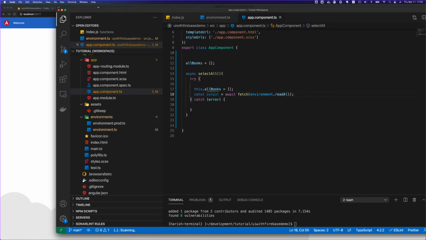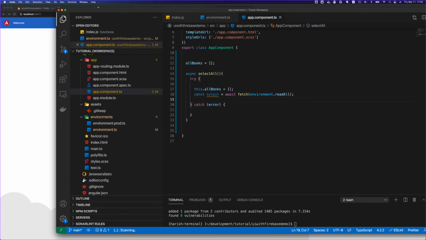With this, I will be able to read all the documents available in our Firestore collection. And why did I use await? Because I want to wait for that fetch to finish, so that I have an output, and my method should wait for this response to come back. And because I'm using await, I have to make this function an async function.